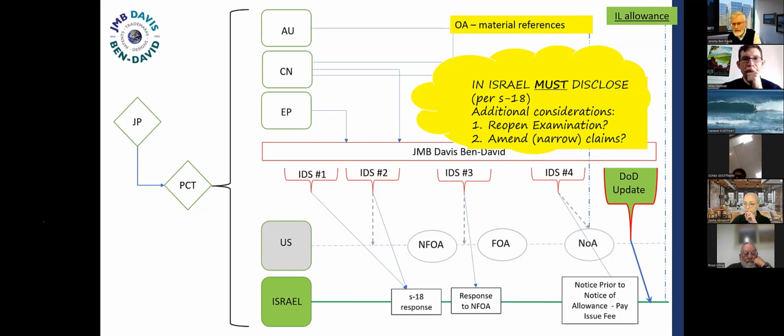However, our interest, of course, is to make sure that the patent that we get is going to be a good, strong patent. And if we know those references may be problematic, we want the examiner to look at them again. Now, we have an option to reopen examination, provided that we have not paid the issue fee. So what that means is that instead of paying the issue fee, we instead write to the examiner in response to the notice, asking to reopen examination based on the documents that we are now enclosing.